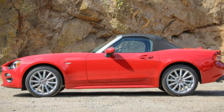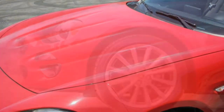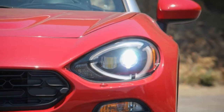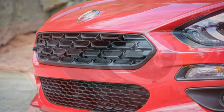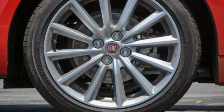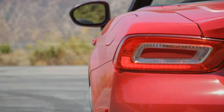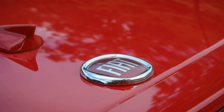On the outside, it dresses like a proper Italian, appearing sleek and tailored despite stretching 5.5 inches longer than the Miata, with enough retro cues to connect it to its disco-era predecessor. Our $33,635 Lusso test car included $3,795 worth of creature comforts and tech bits in addition to the $1,350 automatic transmission,